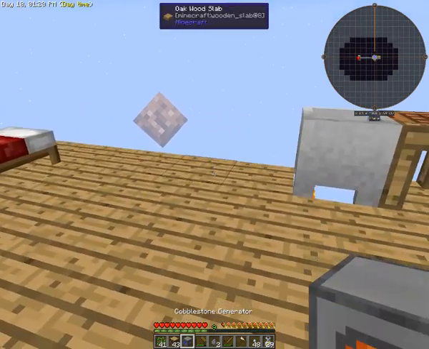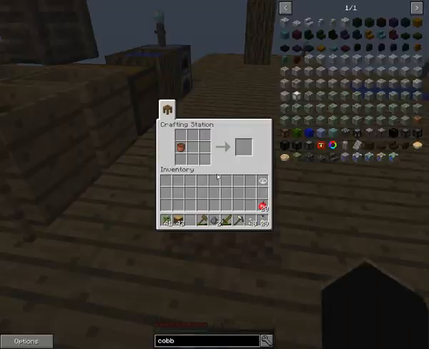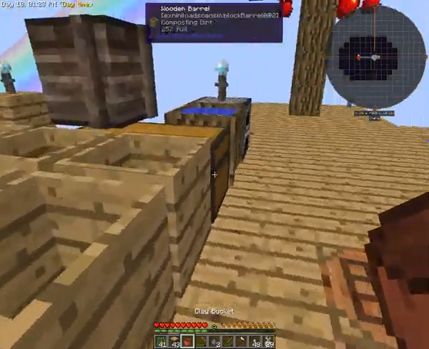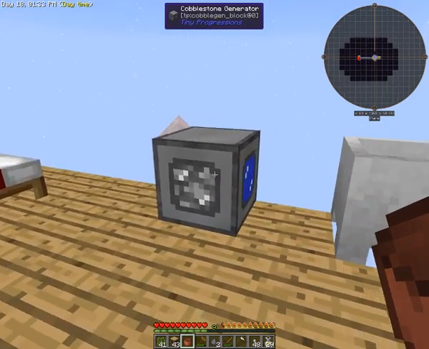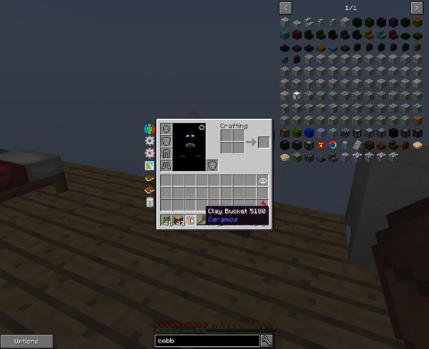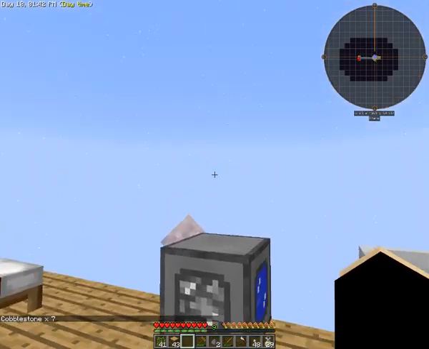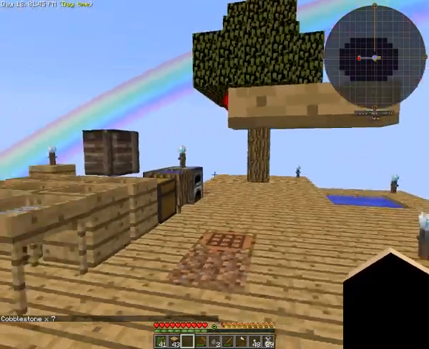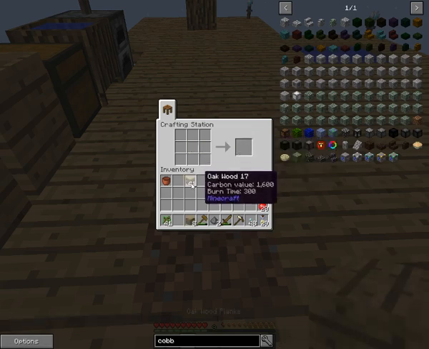For all those newbies to Skyfactory 3, cobblestone generators are a wonderful thing because unlike the old style where you have to sit there and hit it constantly, this is all contained in one block, and you can check how much cobblestone is in it. Oh, I gotta have a blank empty hand, sorry. It holds up to 32, and it will output to any inventory put above it. So in this case, it's going to be in the best interest to make